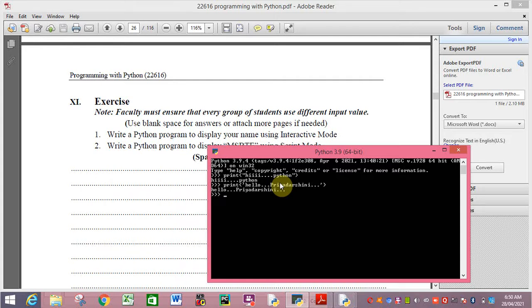If I print in single quotes, it's working. If I print hello Python, then it is also okay.